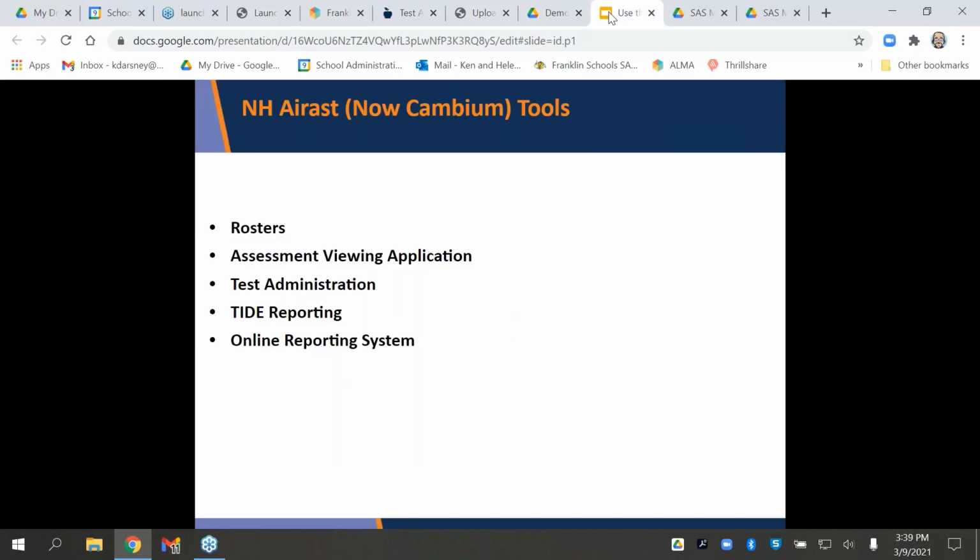Well, you don't need rosters to give the test, which you probably figured out. Somebody just gives the test. When you give the modulars to your students and you don't have a roster, that's okay. You'll still be able to see the results. If your friend next door sets up the session and gives the test to your students, you will not be able to see the results unless you have rosters. And for the summatives, you have to have rosters in order to see the results.